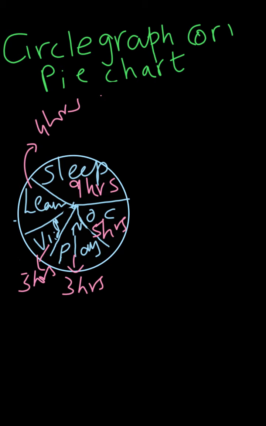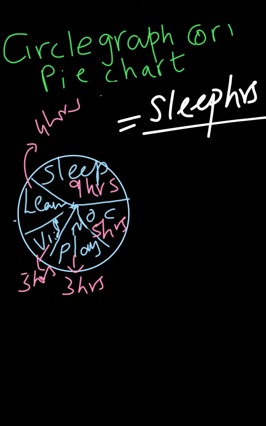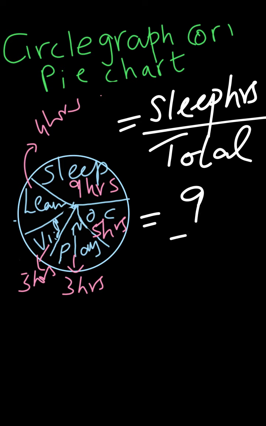So now, sometimes I said how many hours I sleep. So how do I find the fraction? First the number of sleeping hours, the hours I sleep, by total hours. Okay, total number of hours. So how many hours did I sleep here? 9. 9 by 24 I have to do. That's all. So that is what you are going to get. Now here 9 by 24 cannot be cancelled. So let it be like that.